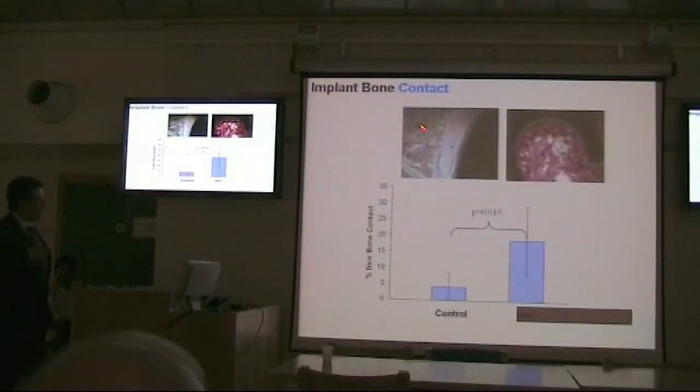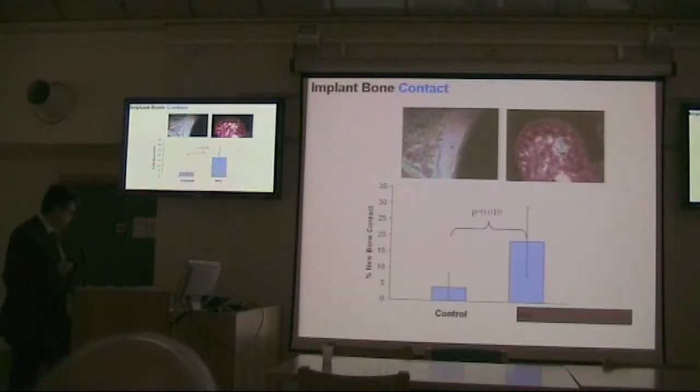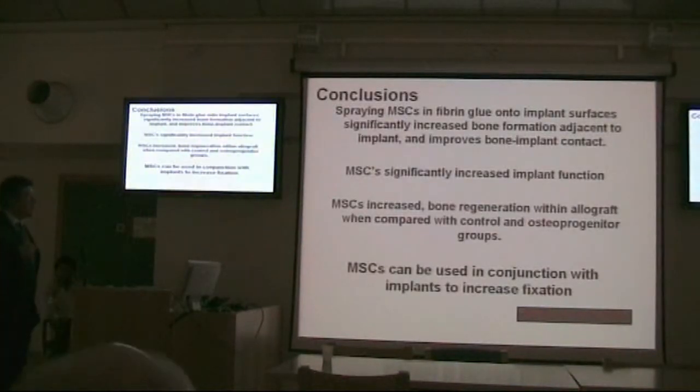And finally, and importantly, you also see that mesenchymal stem cells incorporated within the allograft enhances bone integration of the implant. And again, we are applying for money from the UK Stem Cell Foundation to actually carry out a clinical trial on patients requiring revision operations at the Royal National Orthopaedic Hospital. So, spraying MSCs in fibrin glue onto implant surfaces increases bone formation adjacent to the implant and improves bone contact. And it's been shown that this can enhance the regeneration